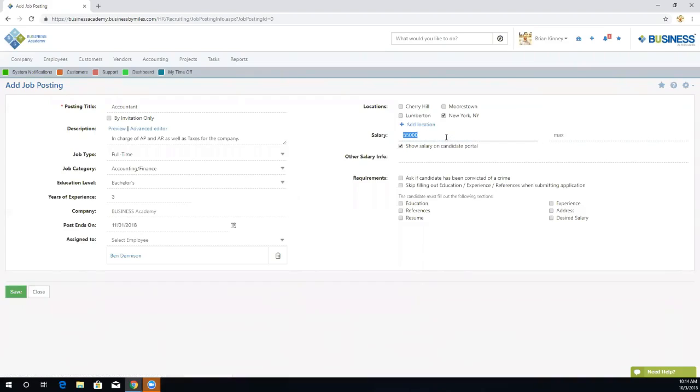So let's say we wanted to go from 50, and the max, let's say, is 60. So now we have a range instead of just a default number. Now we can also add other salary info here as well. So for instance, if you wanted to say that